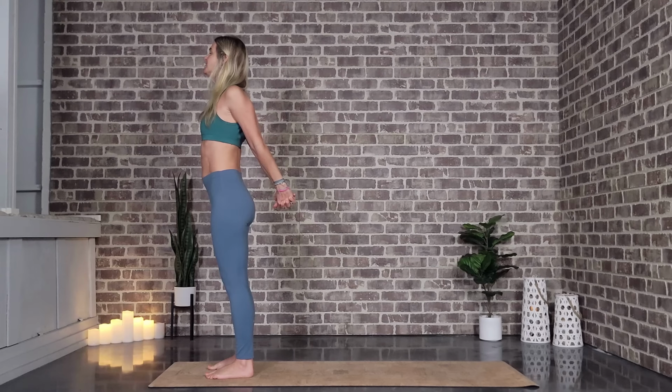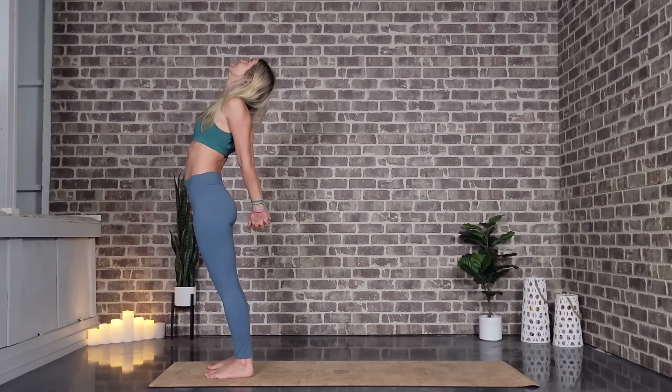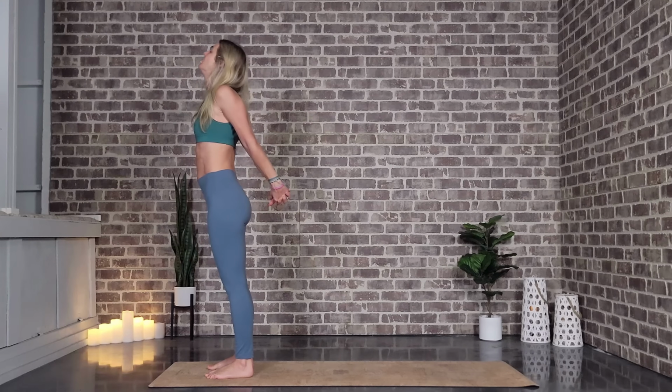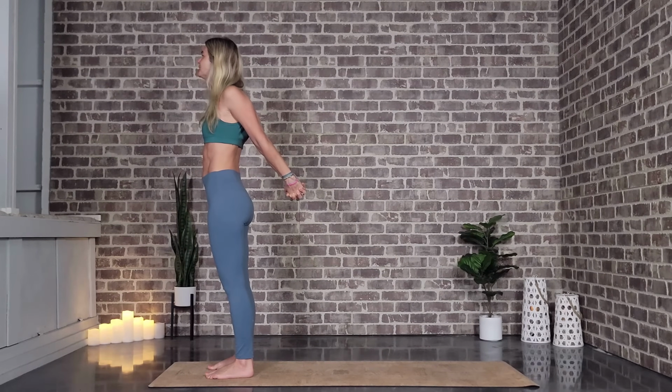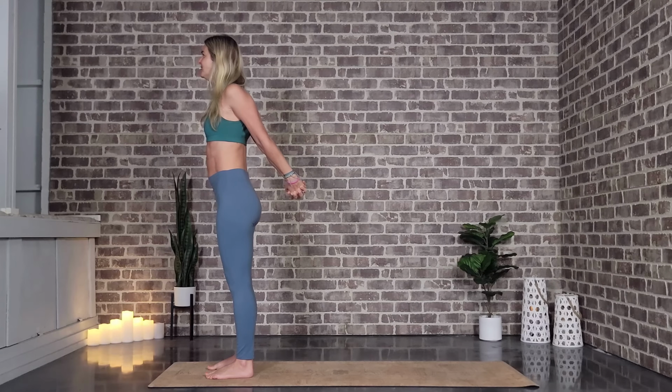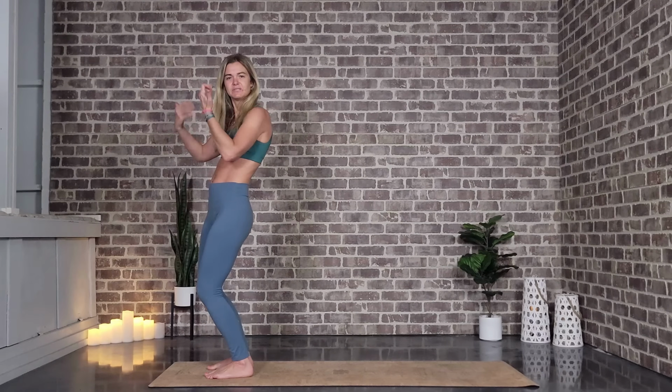If it feels good, you can take your gaze up, maybe taking a slight back bend here. Only if that feels good for you right now. Maybe raising those hands up a little higher to deepen that stretch. Beautiful. Slowly we'll release. Bring the hands in front of us, and we're just going to take a roll of